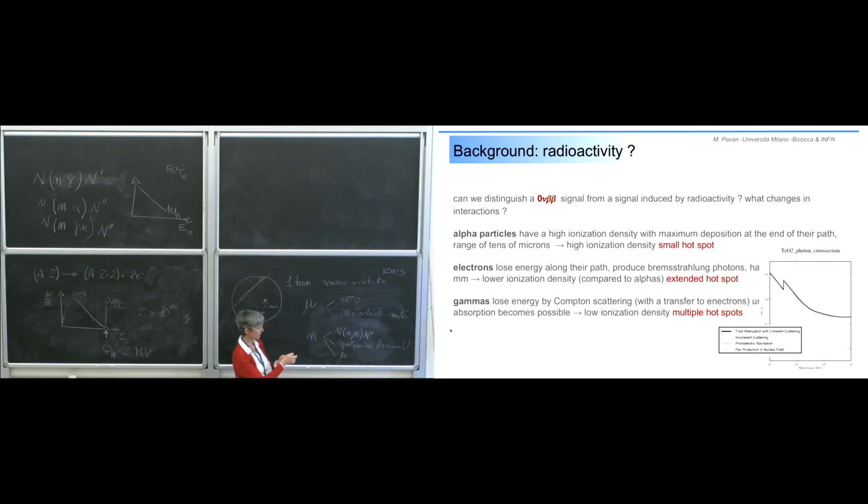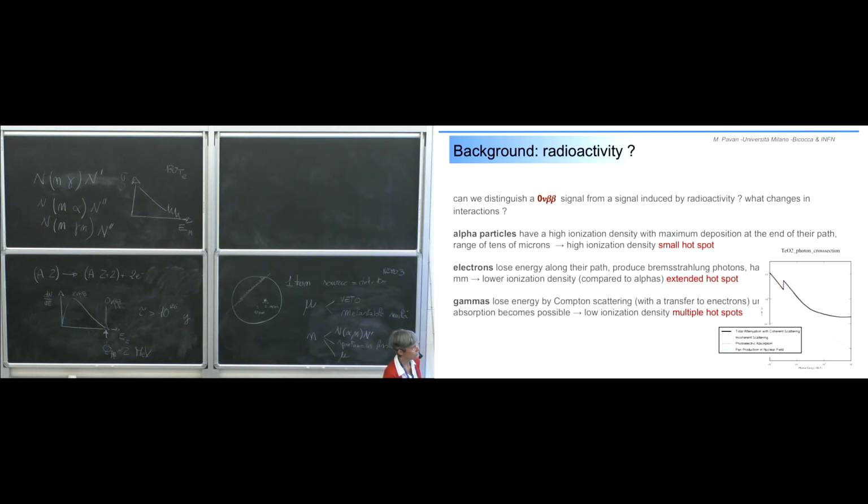Then we have electrons, and electrons are electrons. So either they are electrons produced by this decay or by a radioactive nucleus. They are the same, so I cannot distinguish. And then we have gammas. And gammas, this is the cross-section of gammas. So you see,